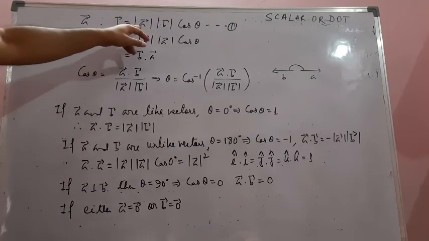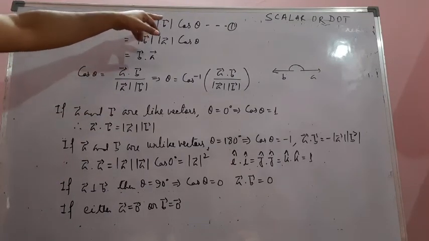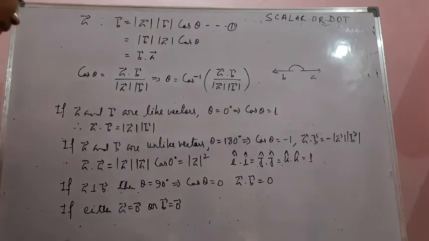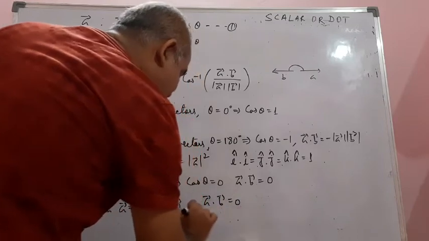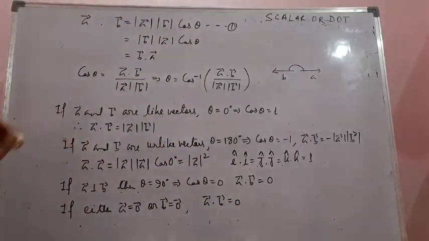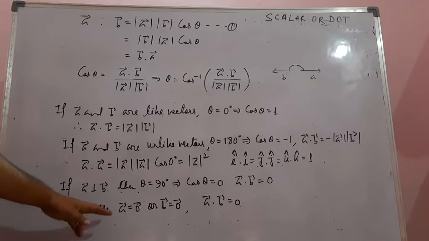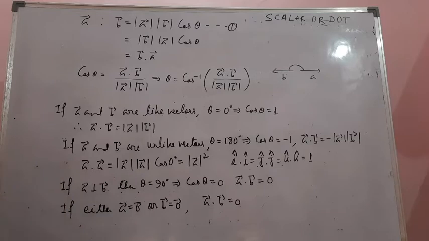So here when you find their dot product, it will be 0, since 0 into anything is 0. So in that case also the dot product will be 0. Dot product is 0 means there are two possibilities. If the dot product of two vectors is 0, either one of them or both are zero vectors, or they are non-zero vectors but perpendicular, then also their dot product will be 0.